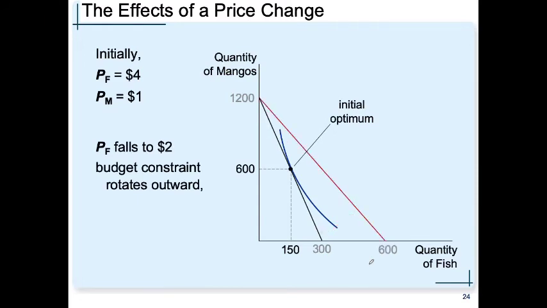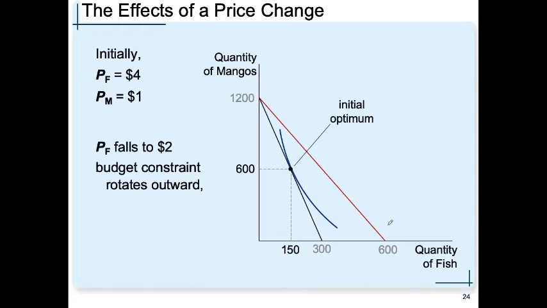So this is the second effect. What happens in the case when the price of the fish falls? Fish, which was earlier $4, the price falls to $2. And if you recall, when such a thing happens, this budget constraint rotates. And once this rotates, now you decide,